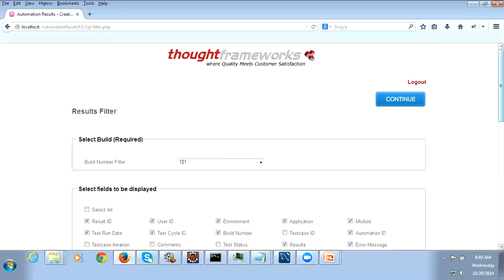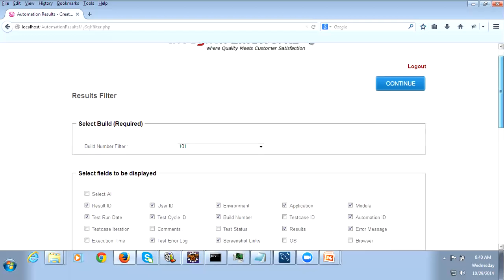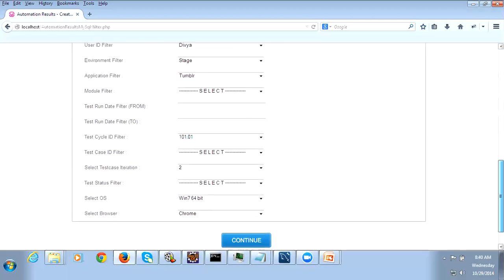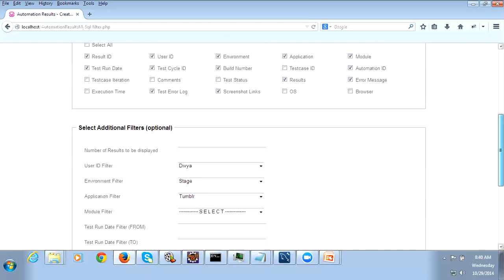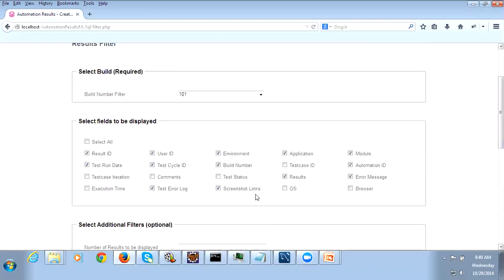This is a filter section page wherein we can select so much of values and filters. Based on this, the results will be displayed at the final page. So build number will be populated and fields to be displayed. So these are the fields which will be displayed along with the values given below. So we can select a few of the fields here and we can deselect it also. Few of the fields will be selected by default. Let me select few of the values here